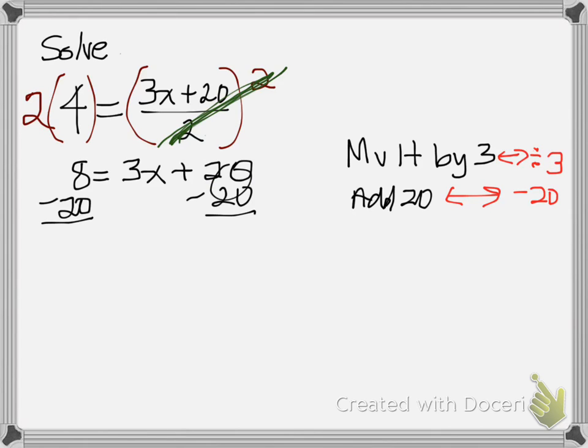So I get, I've got $8, but I'm spending 20. Am I short? Yes. How much am I short? 12. So negative 12 equals 3x. How do I undo that? Multiply by 3 with a divide by 3. So I'll divide by 3. And so x